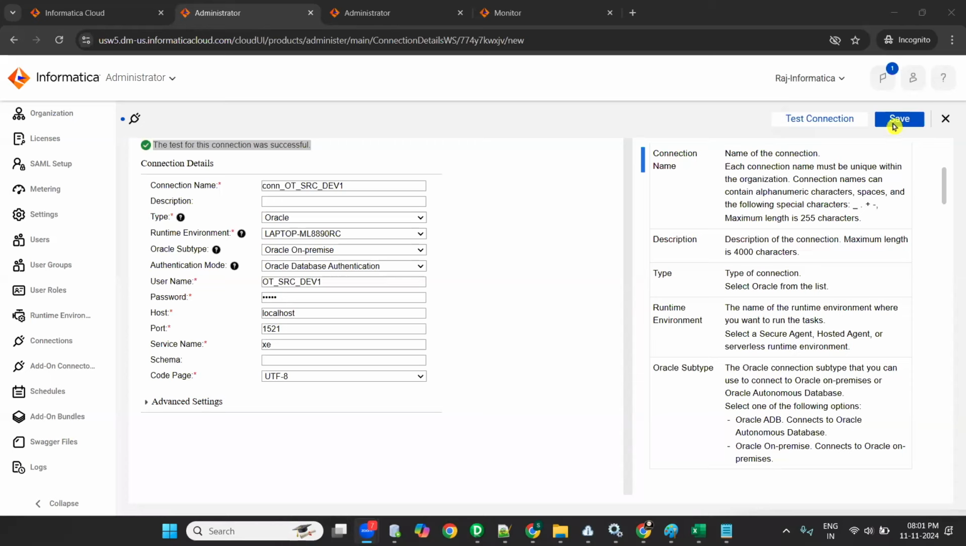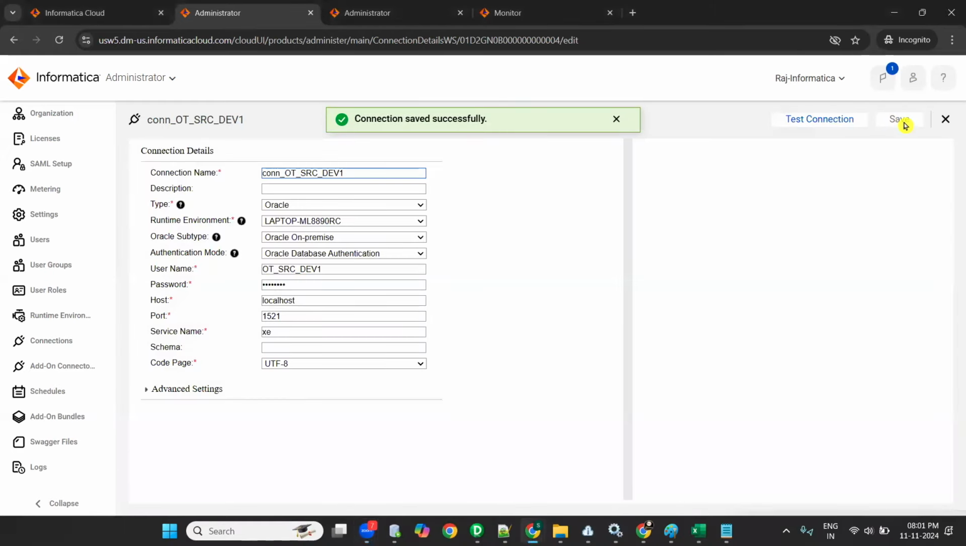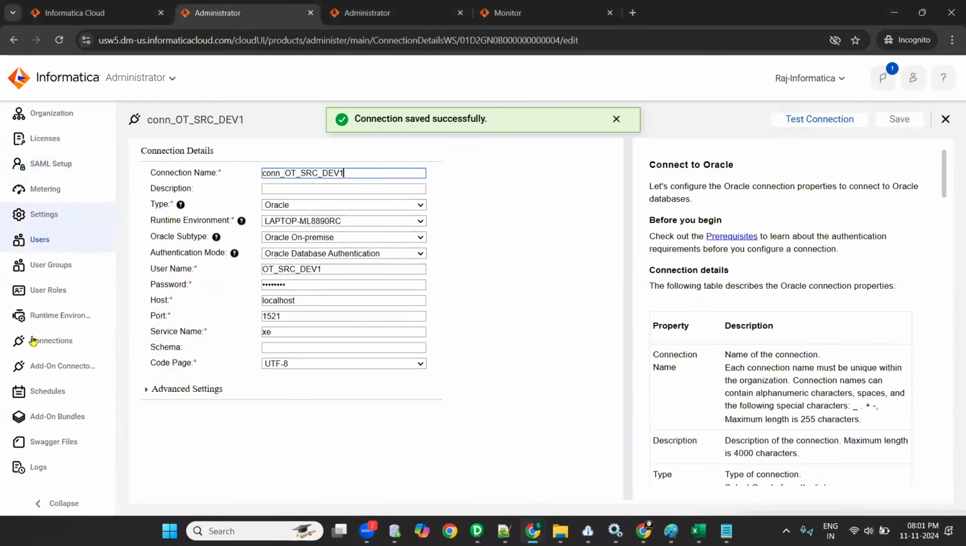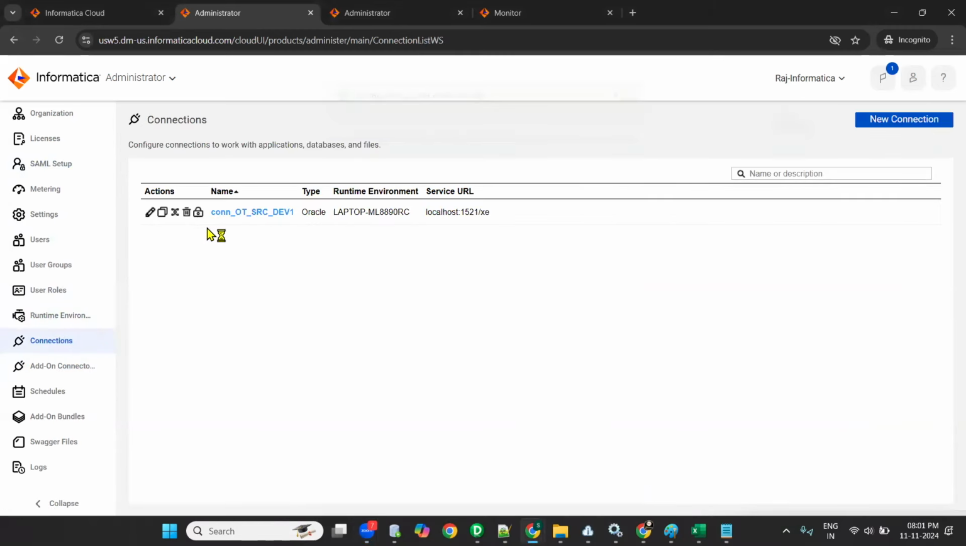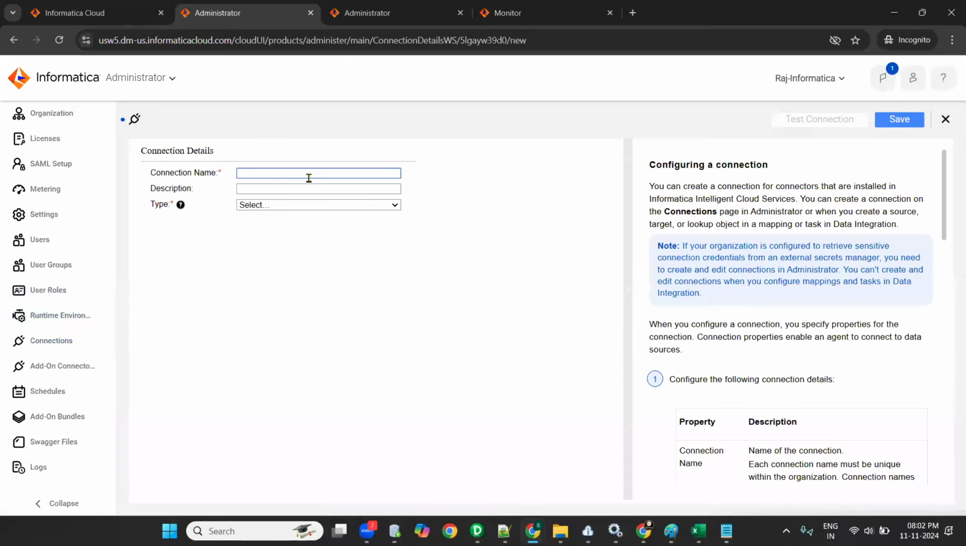So once you've done it, click on save. Here there is a save button. Now go to connections. You can see the connection created. In the same way, you need to create the target connection now. How to create the target connection? Come to connection, new connection, connection name CONN, and the target schema name is OT TGT Dev1, and